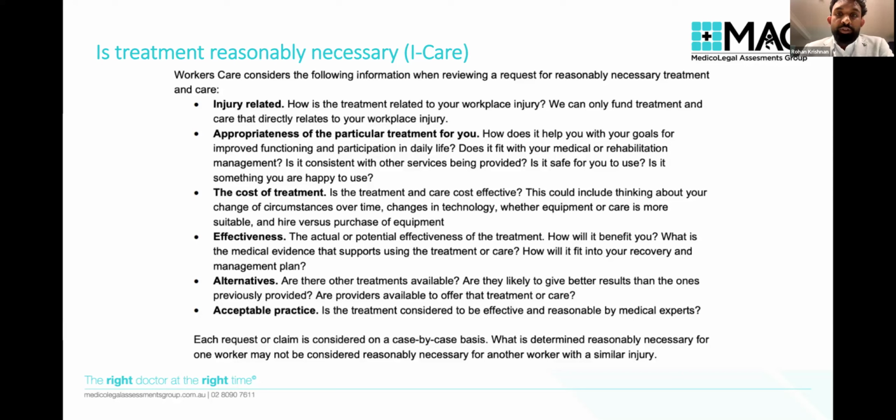The appropriateness of the particular treatment. This one sometimes is a little bit variable, because a dentist may treatment plan a whole range of things that may be a want rather than a need, or may not be reasonably necessary, but actually best practice for a situation where we want to achieve a rehabilitation that is well beyond just normal functioning. So an example of that, and we'll go through a little bit later,